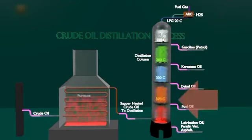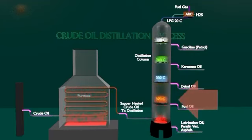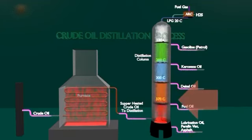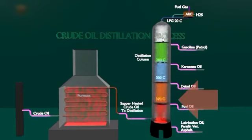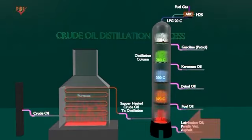Heavier distillate streams are also treated and blended into finished diesel fuel or home heating oil, or are further processed in conversion units such as fluidized catalytic cracking and hydrocracking. The routing of these streams will vary as product demand changes to either maximize diesel production or gasoline production. Lowest end of columns, asphalt,